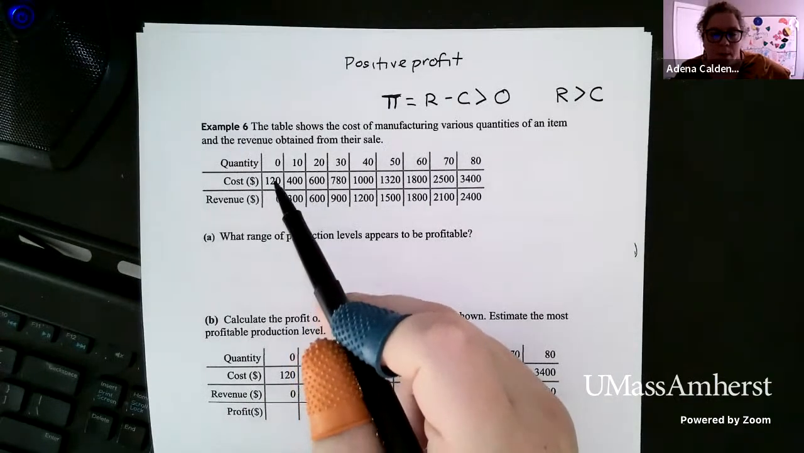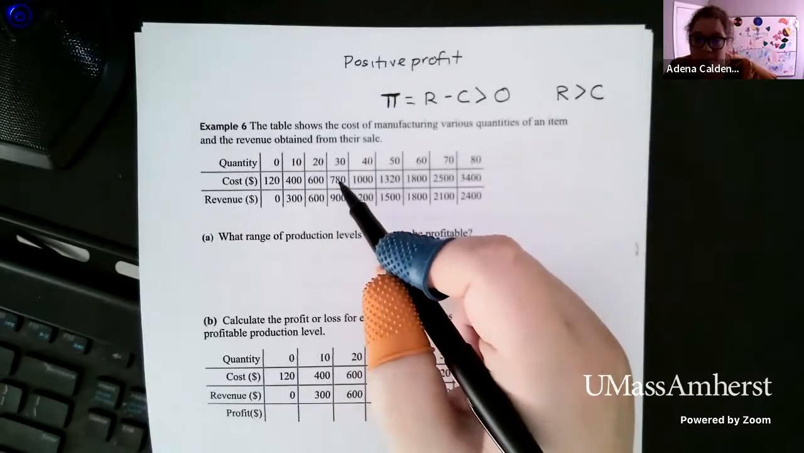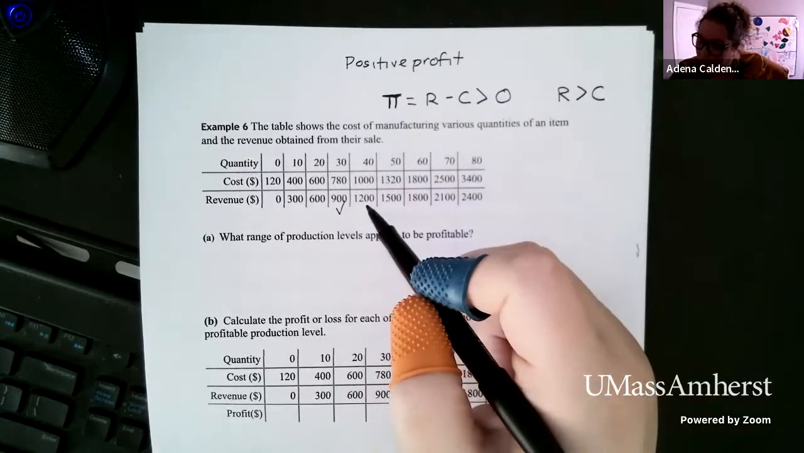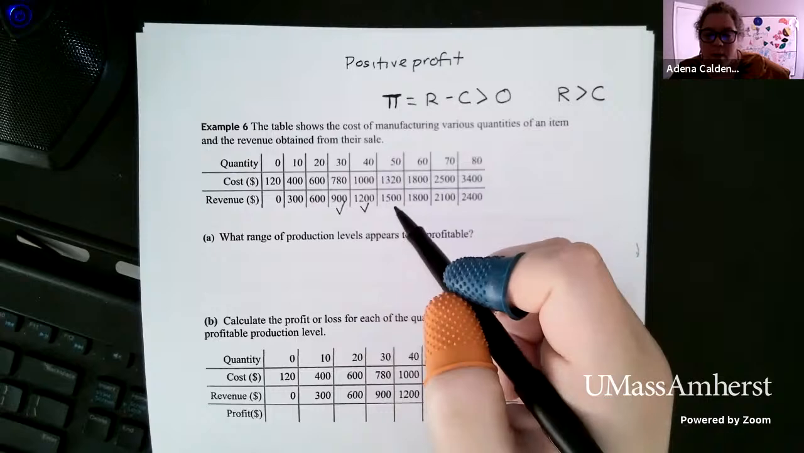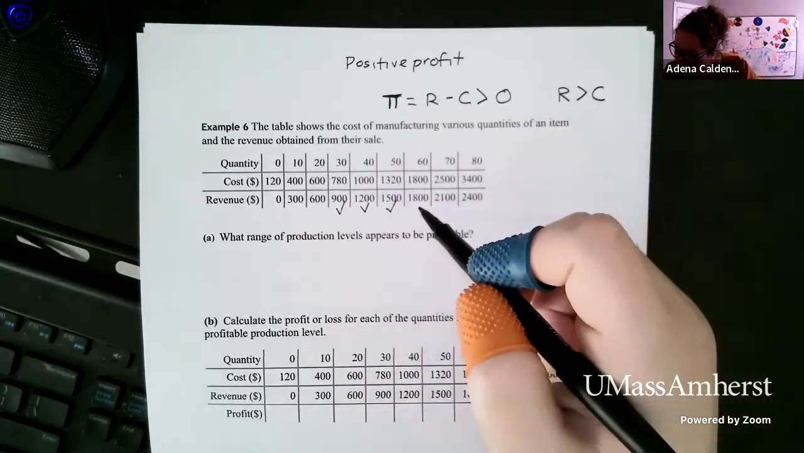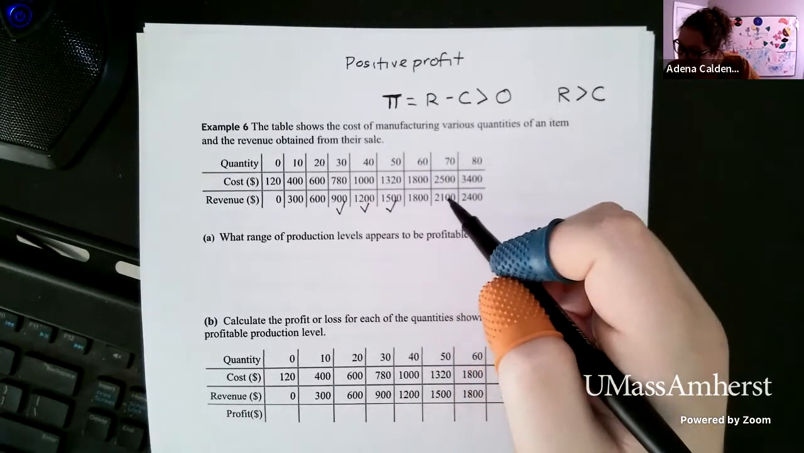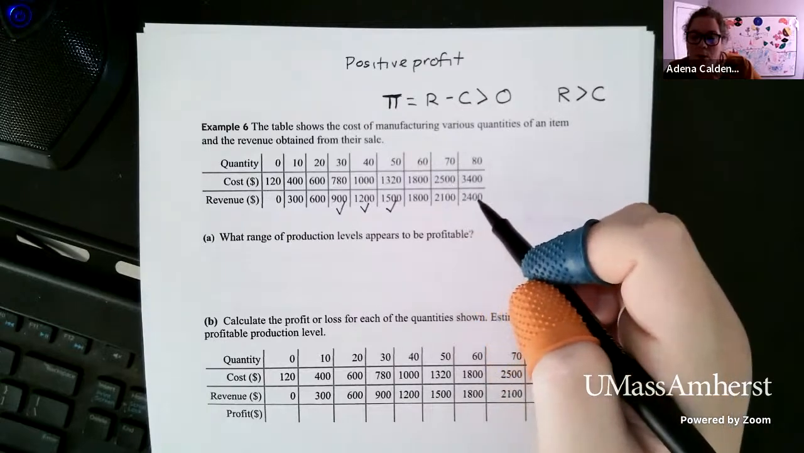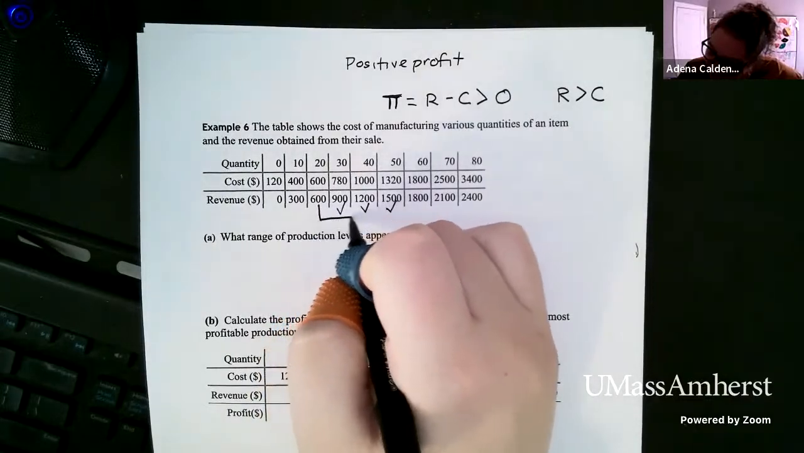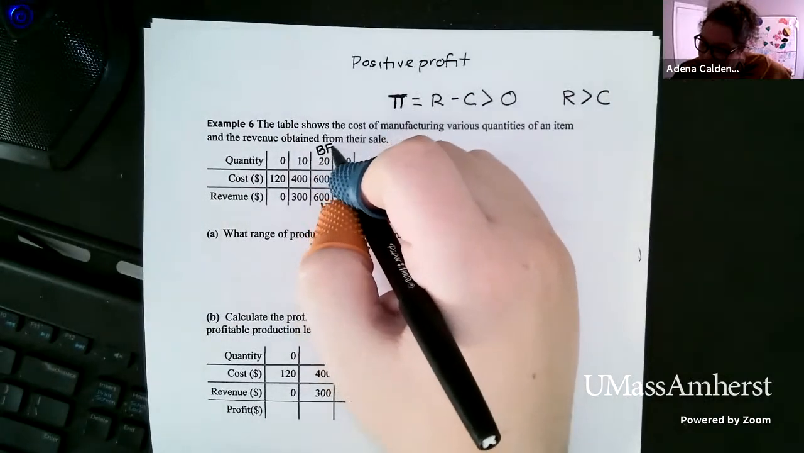So here, no. Here, no. Here, they're the same. But here, 900 is bigger than 780. So here we're making a profit. Here, 1200 is bigger than 1000. Here, 1500 is bigger than 1320. So then here we have 1800, 1800. So that's the same. We'll talk about that in a minute. Here, 2100, 2500, that's a no. 2400, 3400. So what we see is that at 20 and 60 specifically, I'm going to mark this as break-even